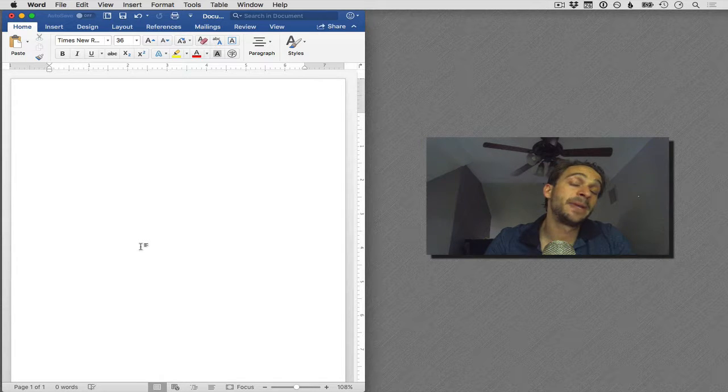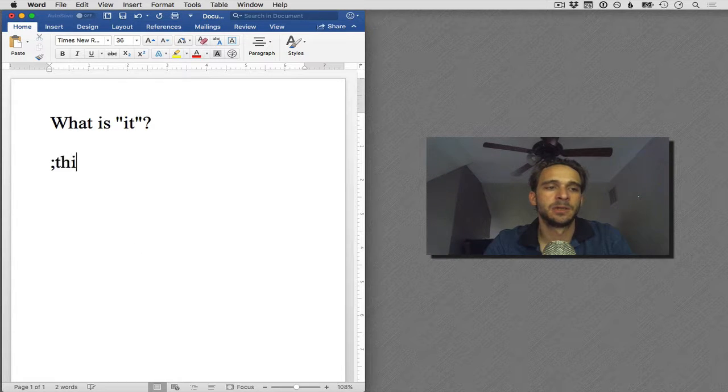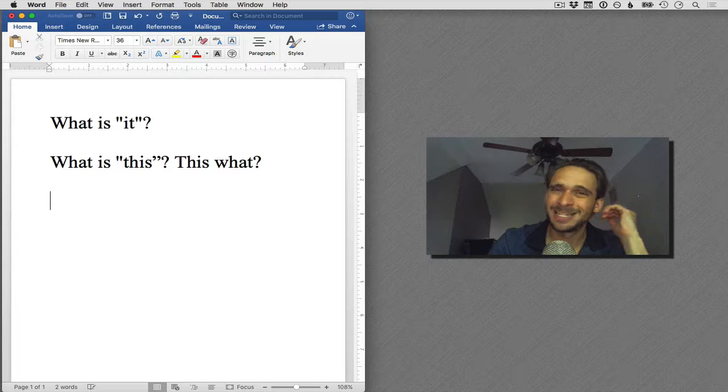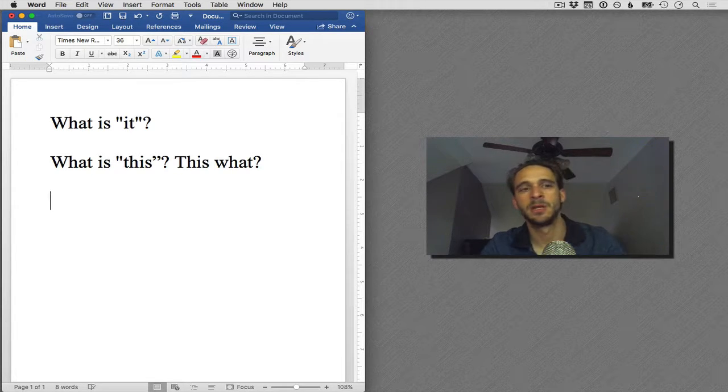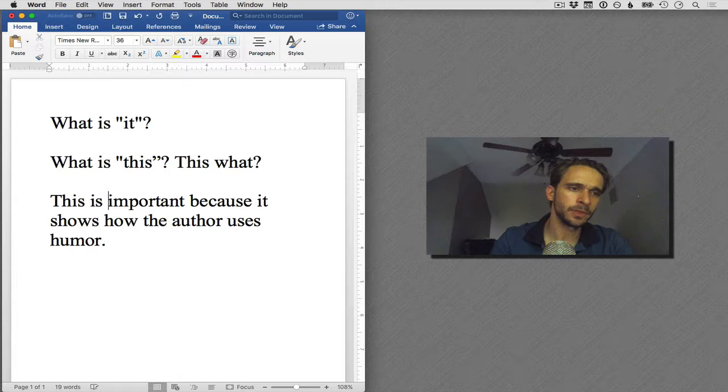Watch out for ambiguous pronouns. Do I have a shortcut for that? Nope. So when I say something like, what is it? Or what is this, right? This is a super common thing, right? This is important because it shows how the author uses humor. This is a pronoun, takes the place of a noun. When you use this without any qualification in terms of what it refers to, the reader is going to say,